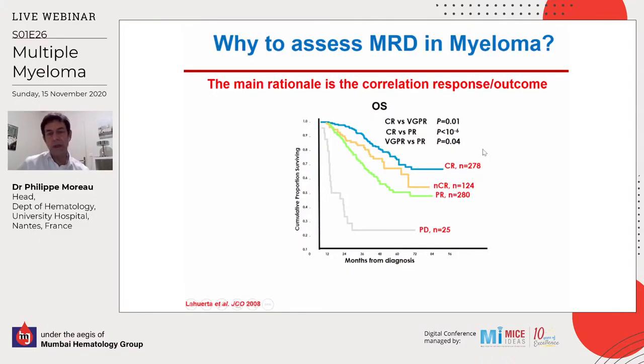We know perfectly that the better the response the patient achieves, the longer the duration of response. This is true for progression-free survival, but also for overall survival, as you can see on this slide from the Spanish group for patients treated with autologous stem cell transplantation. When patients reached CR after stem cell transplantation, and this paper was published quite a long time ago, the overall survival was really improved as compared with partial response only, for example,